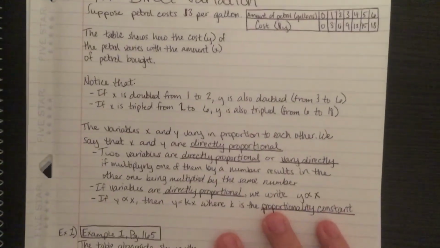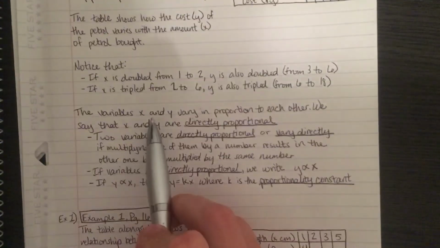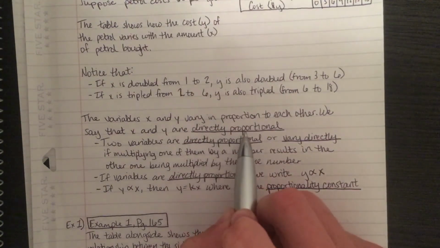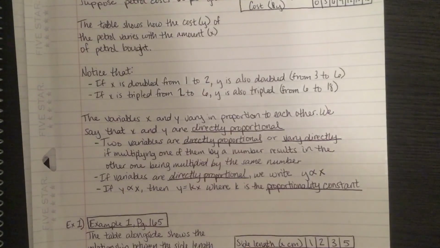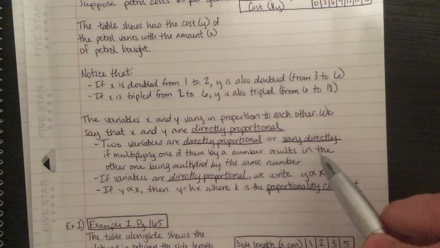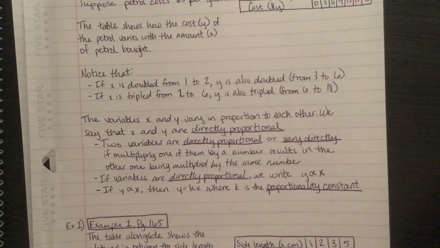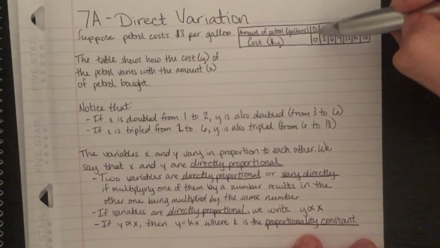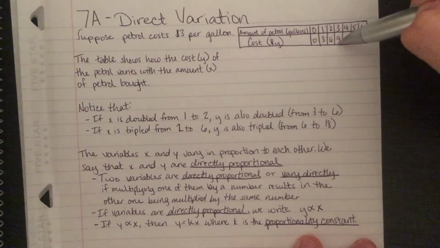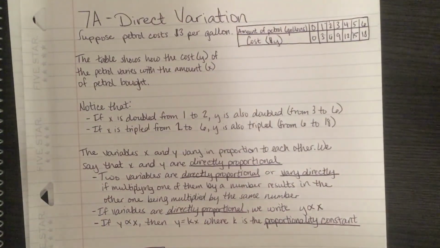And so we say, okay, these variables X and Y, or the variables can change based on the problem. They vary in proportion to each other. We say that they are directly proportional. So they directly affect each other. Two variables are directly proportional or vary directly if multiplying one of them by a number results in the other one being multiplied by the same number. Similar to how up here, if we multiplied X by 3, Y would get multiplied by 3. That is by definition